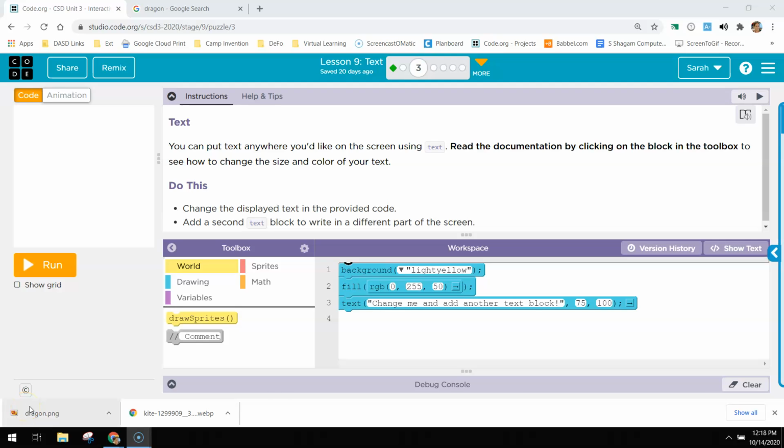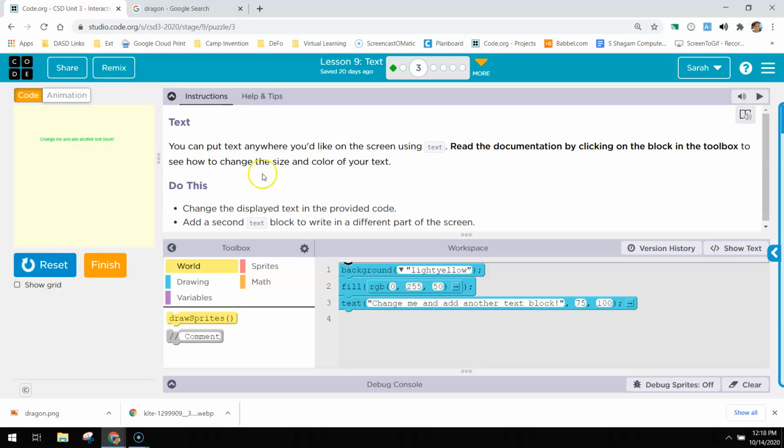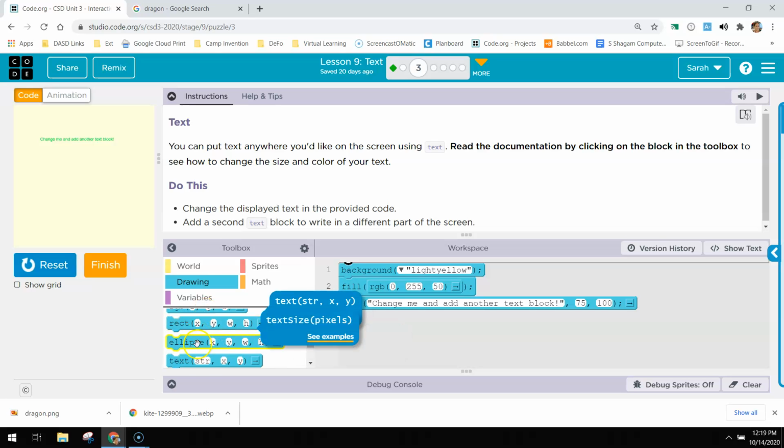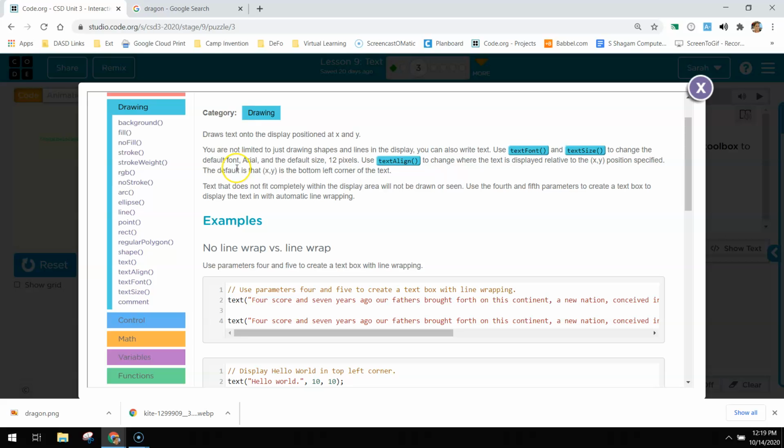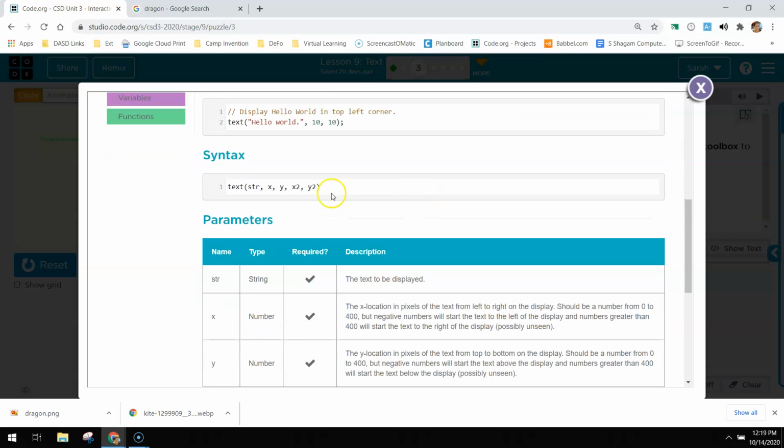Lesson 9 text walkthrough. So we can put text anywhere we want on the screen. You can change the color of the text. There's a lot of different things that we can do with it. So if we look at the text block in the documentation here, you can see that we can change the font that we use, the size, how it's aligned, and the way